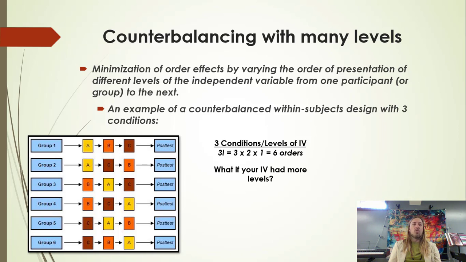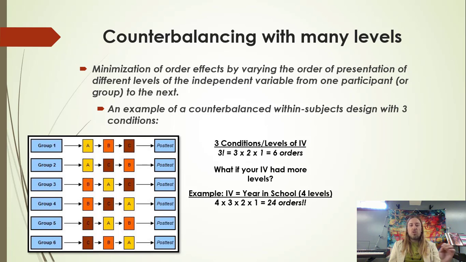What if you had an IV that had more levels? What if it had 4? Just 4 levels, just an additional level from the previous example. You now, instead of 6 orders, need 24 orders to account for all of that. That can become a logistical nightmare because you have to keep track of participants going through 24 different orders of your experiment, right? In order to handle this, one way that we can solve the problem of making sure that